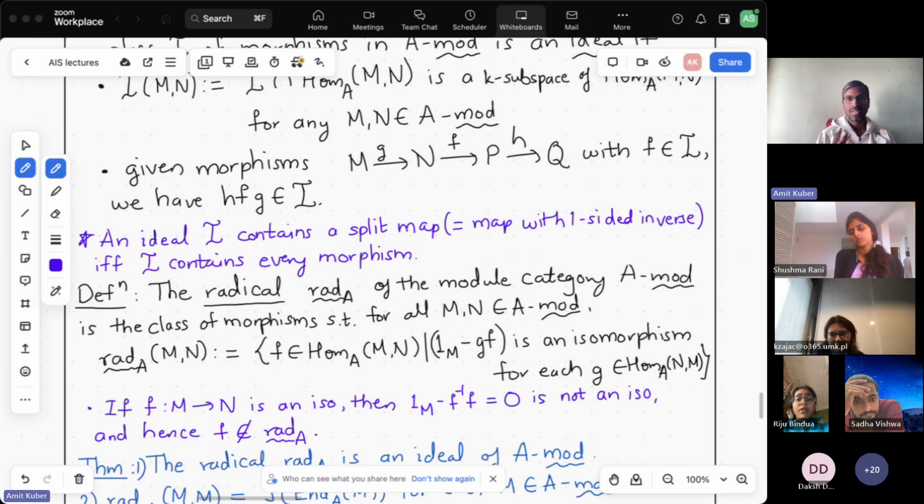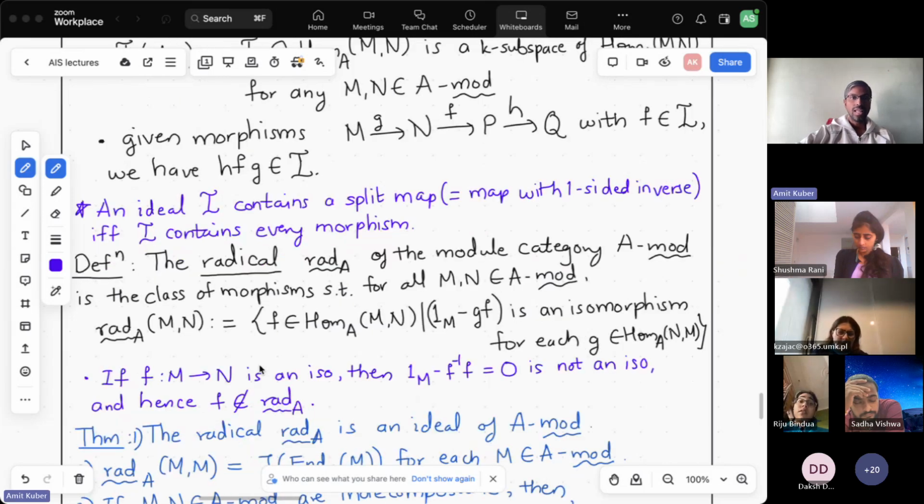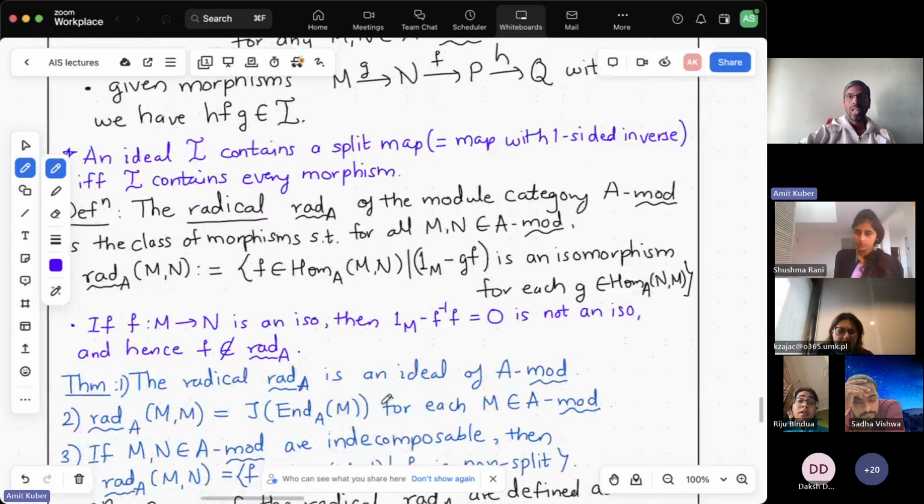Do you all agree with this? That an isomorphism is not in the radical. So units are not there. But we can say something more. Yeah, so these are 3 properties. So the radical,